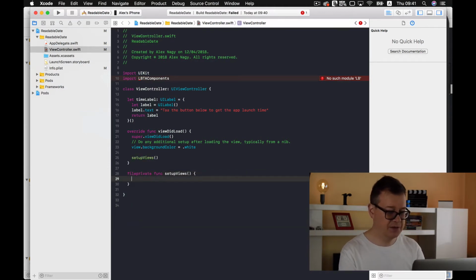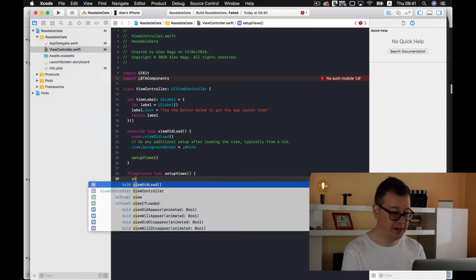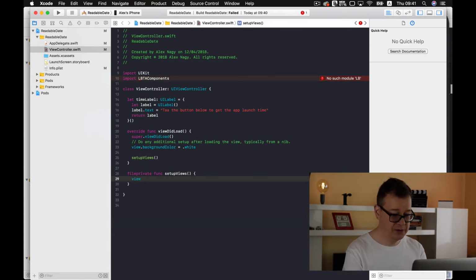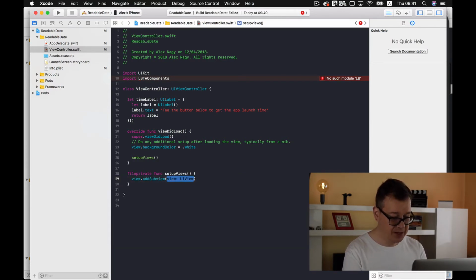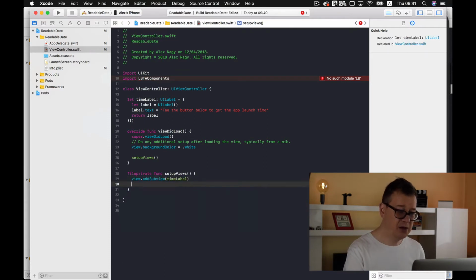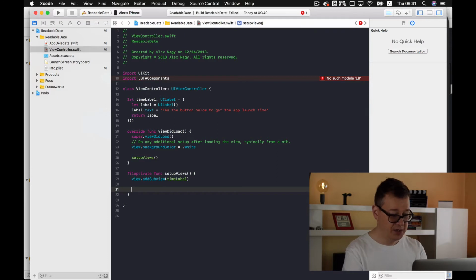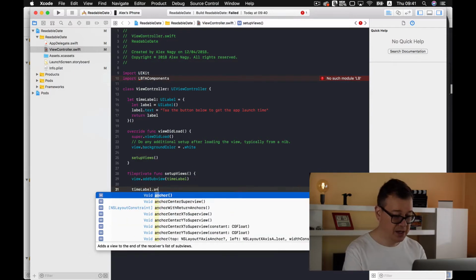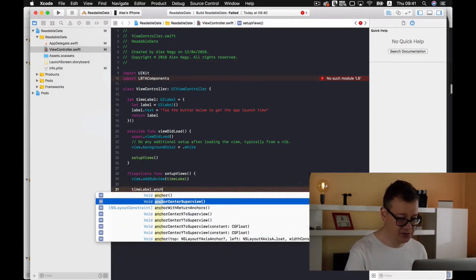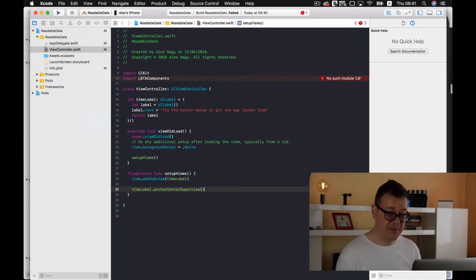setupViews. Now inside our setupViews we are going to add to our view this time label. First of all, addSubview timeLabel, and we are going to anchor it to the center of our view. So timeLabel, and we will use LBTA components, so anchorCenterToSuperview. Okay, that is it. So let's build and run on our iPhone X simulator, and let's see this time label